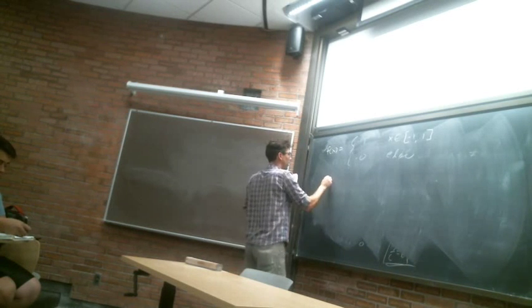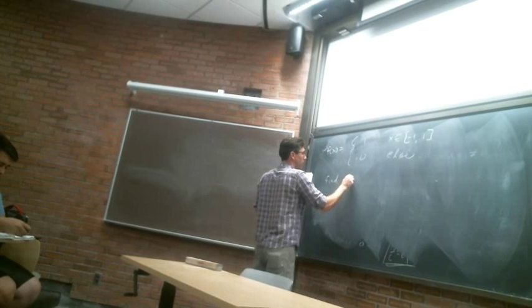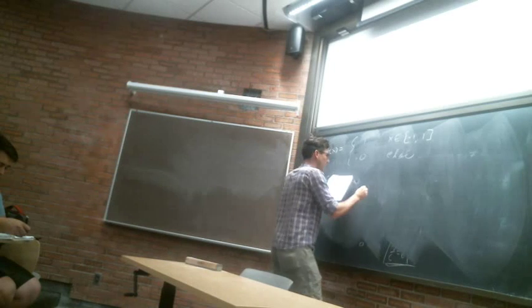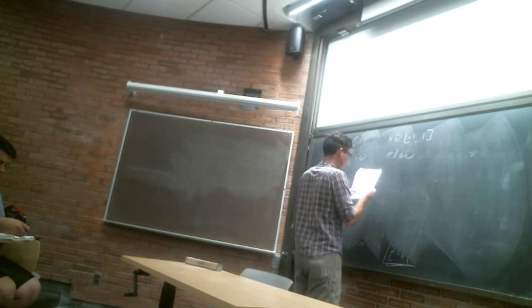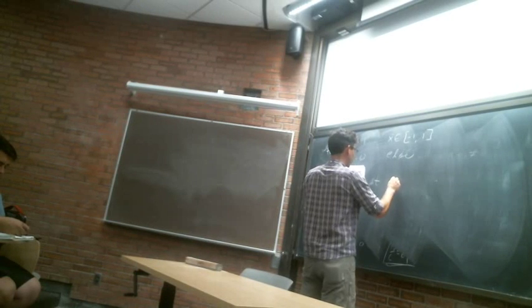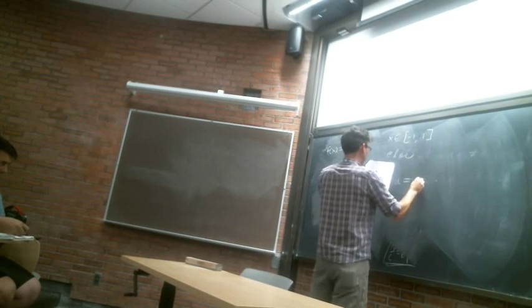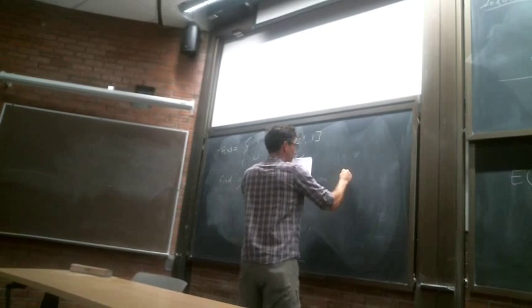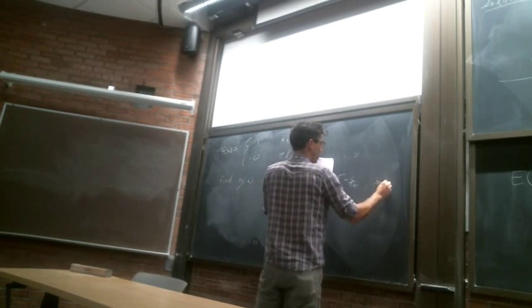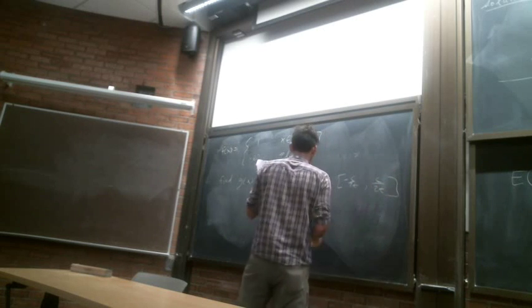So find g of x such that u is equal to 0 on this interval